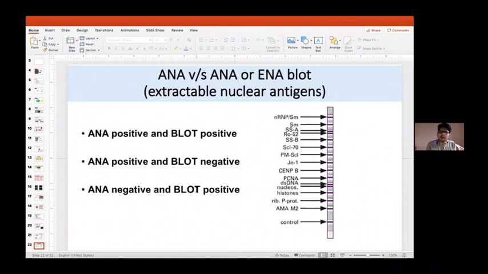Okay. So now ultimately I will summarize the class by telling: ANA is not a day one investigation. First thing. Second, you order ENA blot only after you have done ANA. Third thing, when you are deciding to order ANA, when the two options are given of immunofluorescence versus ELISA, always give immunofluorescence. All positive ANA do not mean they are lupus. Okay, it's all at the end, clinical history, examination, your differential diagnosis. On top of that, we should report this ANA.